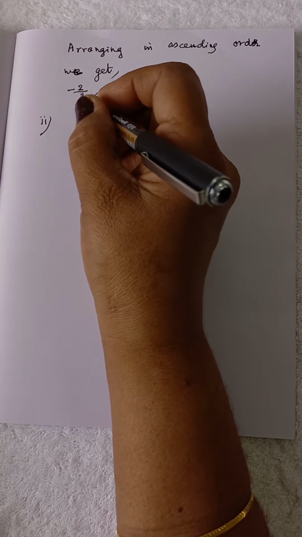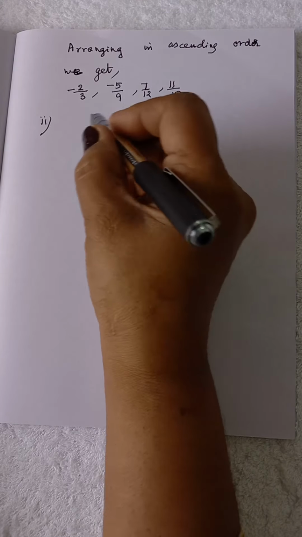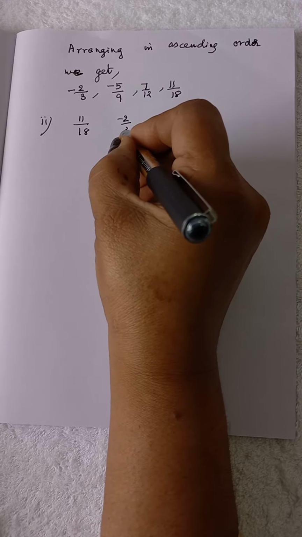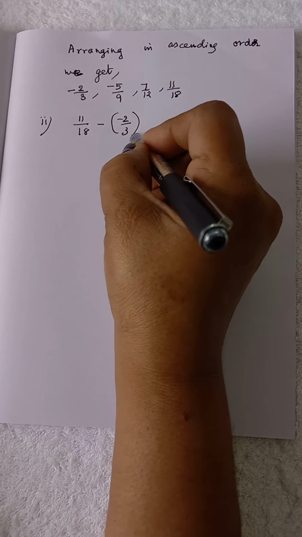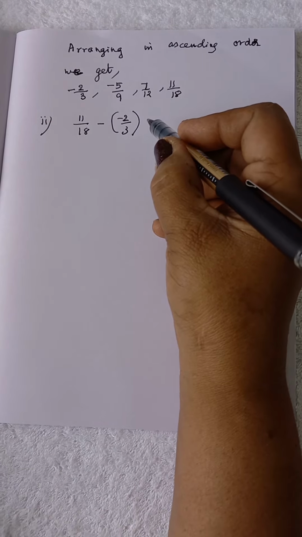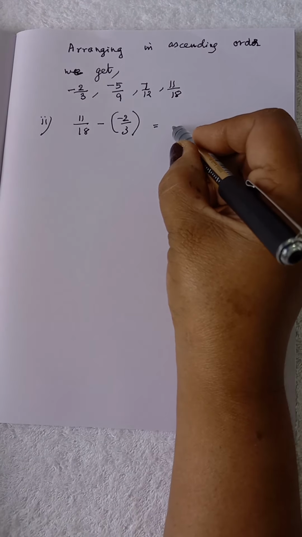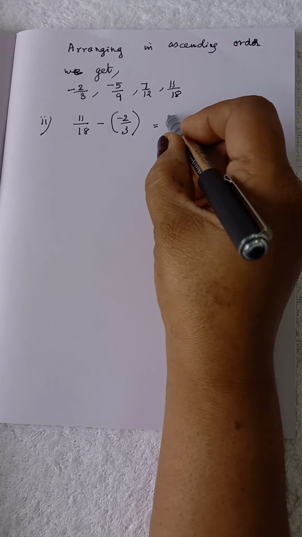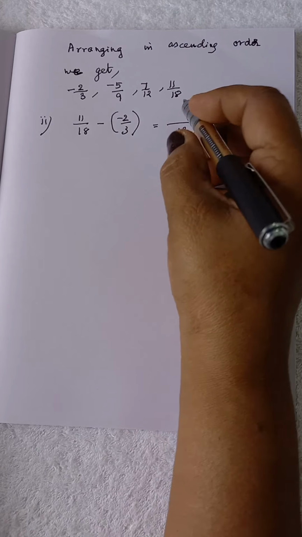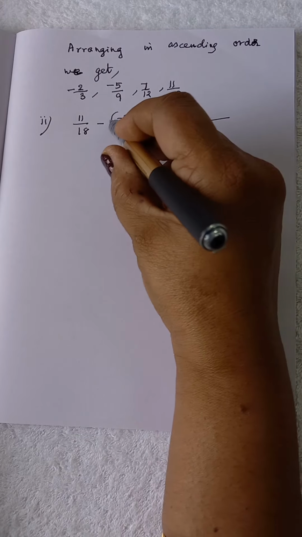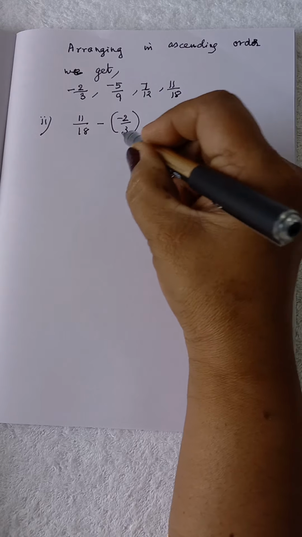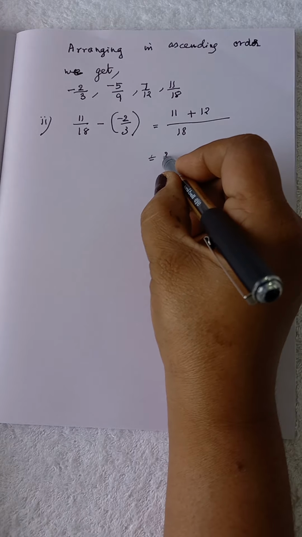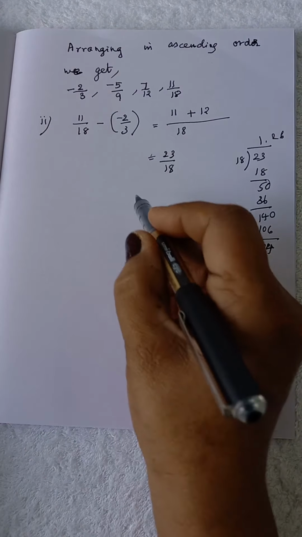Now the second part of the question is find the difference between the largest and the smallest of these rational numbers. Largest is 11 by 18 and the smallest is minus 2 by 3. So their difference means 11 by 18 minus 2 by 3. So this is equal to LCM, that is 18. So 18 by 18, that is 1 into 11 is 11, minus into minus is plus, 18 by 3, that is 6, 6 into 2, 12. So this is equal to 23 by 18. So this is equal to